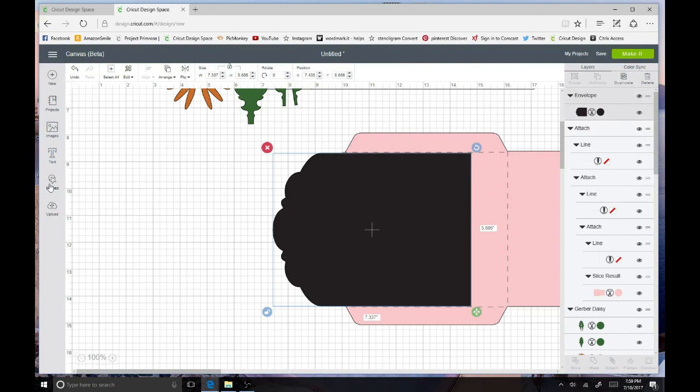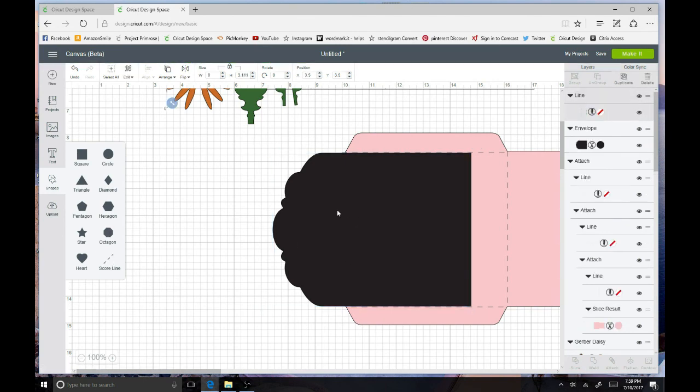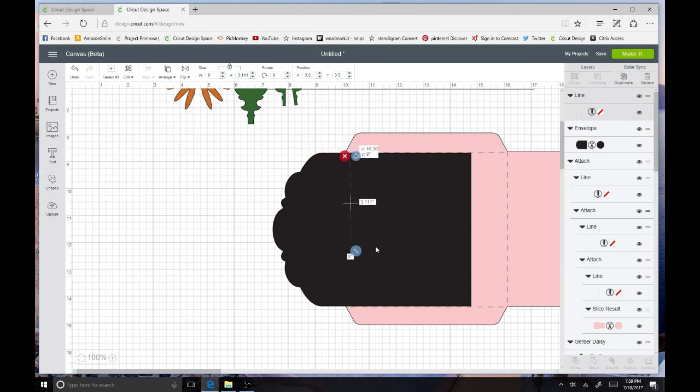And now I'm going to add one more score line because we want this top flap to fold down. So we're going to add another score line. Put it up here again. We're going to bring that down. And this you're going to line up with the end of...